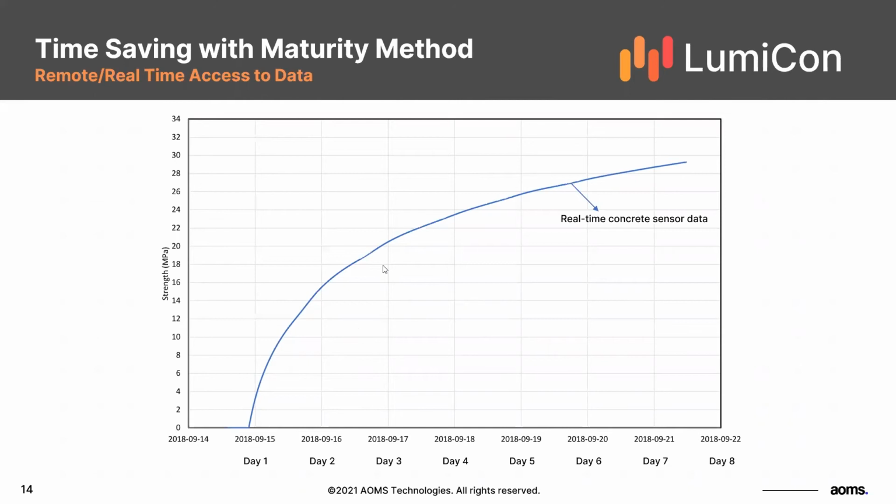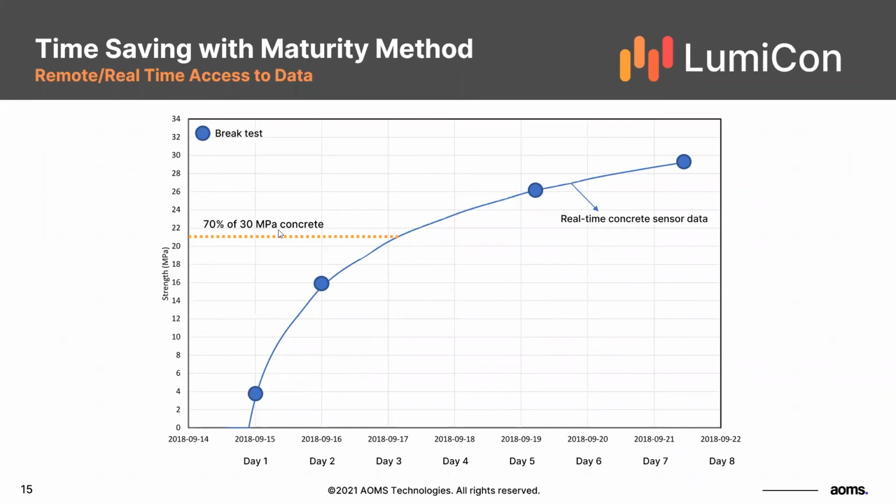Basically, it is the data about the strength of the concrete that was calculated based on the maturity method. Here is the cylinder test data. They were overlapping with each other because it was a small sample, and they were being cured under the same conditions. And then, as you can see,